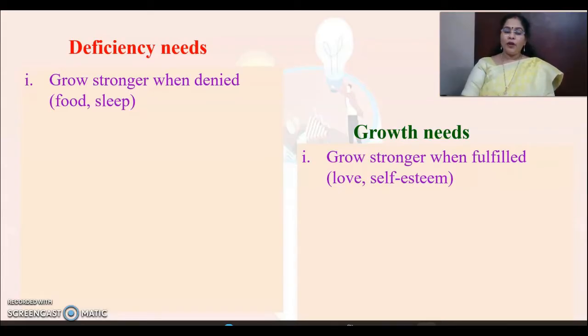When you are hungry and when you are denied of food, automatically you behave like an animal. You could see in some advertisement also, like for a chocolate, a chimpanzee would be standing over there, a girl would be full of hunger, and the girl would behave like a sort of animal. So whenever the basic needs are denied, whenever basic needs are not given to the people, it will keep growing stronger and stronger. But with regard to the growth need,